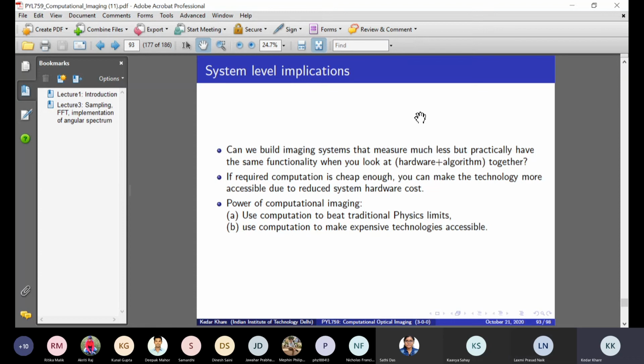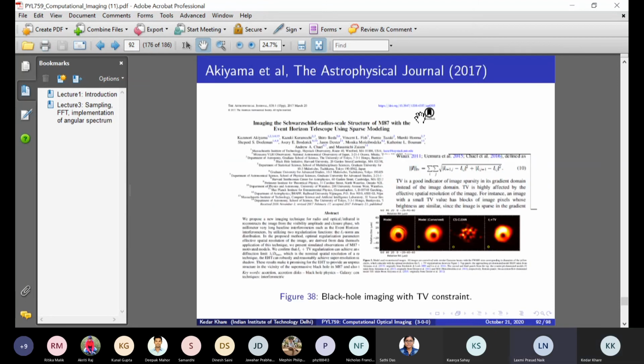Hello, sir. In the previous slide, you spoke about the spatial extension of the frequencies. Now, if I want to cover more and more frequencies, that means I have to locate the antennas over a wider area. Is it so? Or can we do that by?